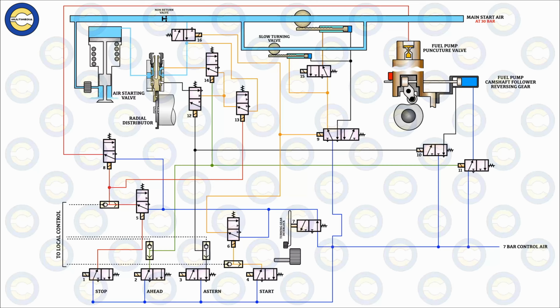An important function of the manual valve or the shutoff valve on the main line is also its utility during maintenance and isolation of the main starting air line and the different elements involved in the system. So for example, if you are to carry out any work on the starting air distributor, the starting air valve, and the safeties and checks within the system, then it is the manual isolation valve which provides an additional fold of safety and isolation while carrying out this work.